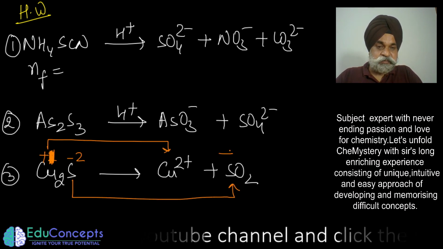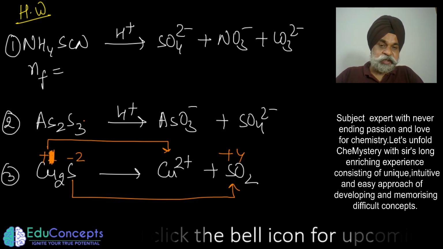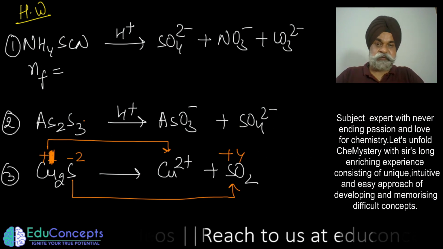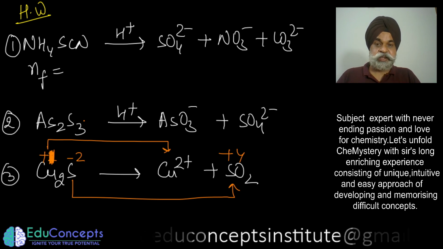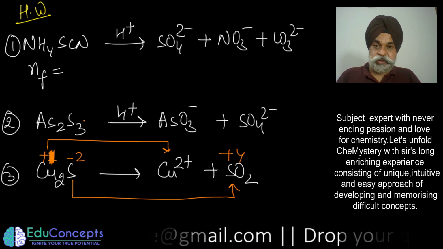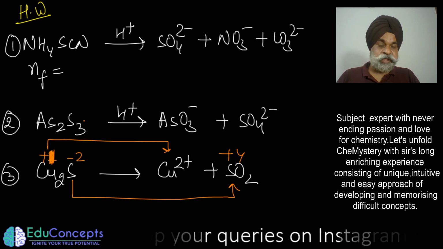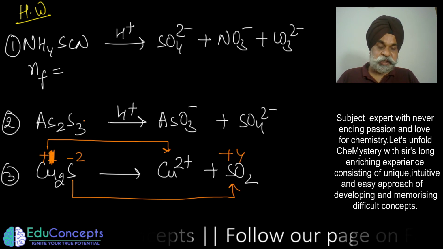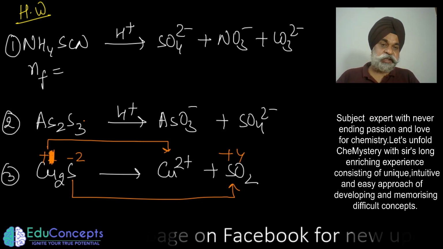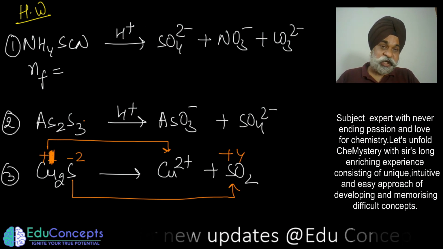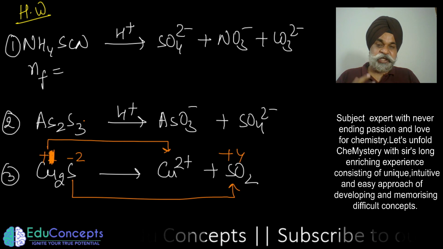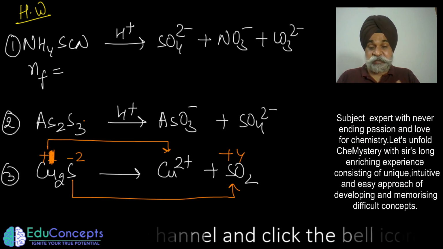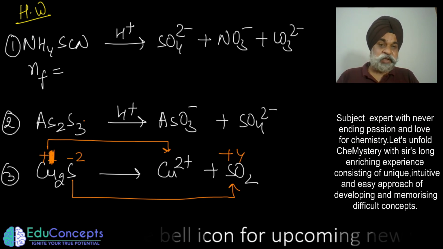So in all these cases you would see that more than one element is undergoing change in oxidation state and is getting oxidized to give you different products. So I think this particular case is done with, and I hope to see you once again in the next video where we shall be discussing another 2-3 cases. So systematically we are understanding all the cases related to n factor of an oxidizing agent or reducing agent, and then we would also see another case where you need to find the n factor where the same element is undergoing reduction as well as oxidation.